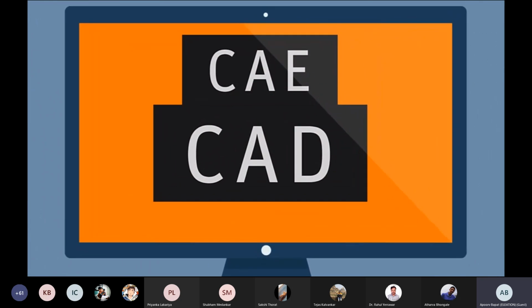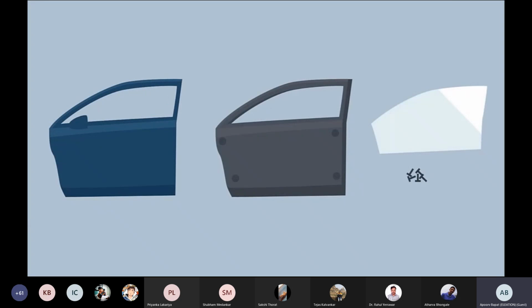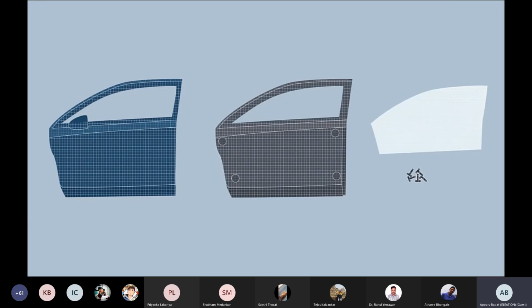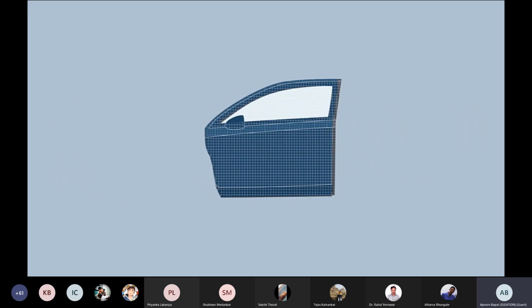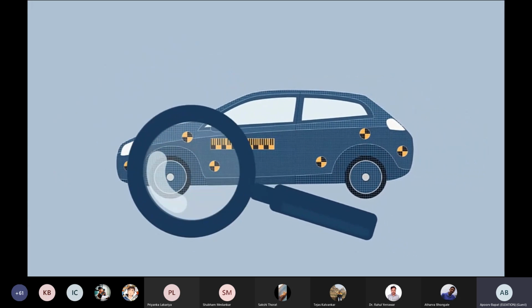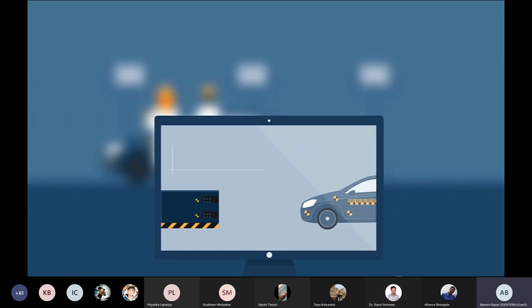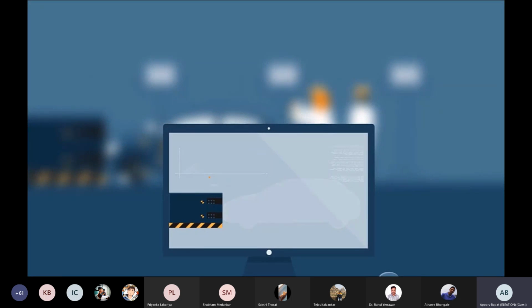CAD data forms the basis for calculation and simulation. The engineers at Tech divide the vehicle and every single component into many small elements in order to be able to simulate their behavior. They interconnect the different parts and add the material properties, all virtually. The finished calculation model corresponds in all its details to the future product and is tested virtually, all without causing real destruction, as it was with traditional crash tests.